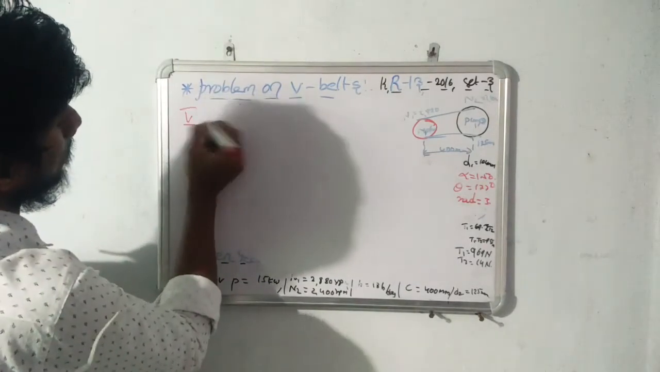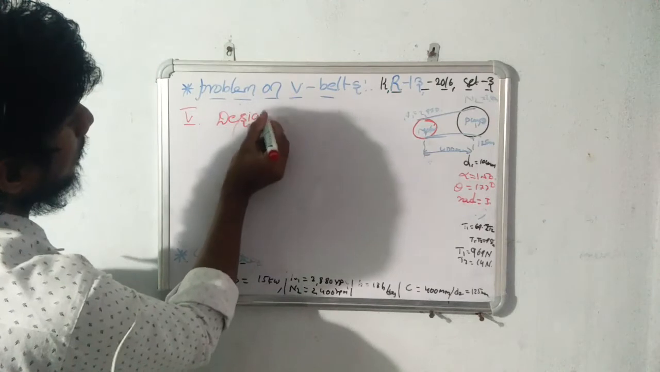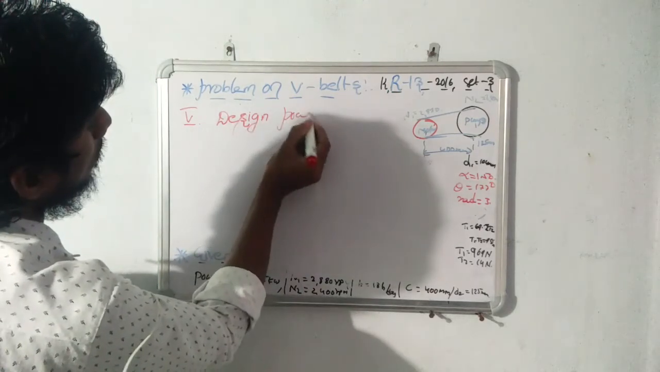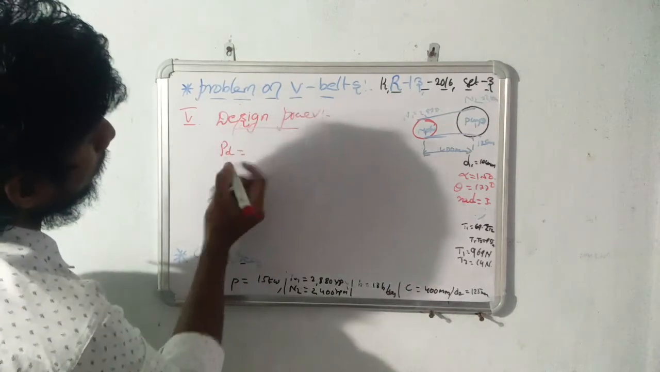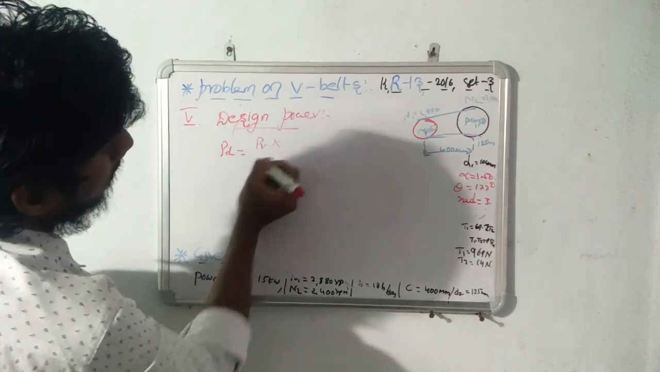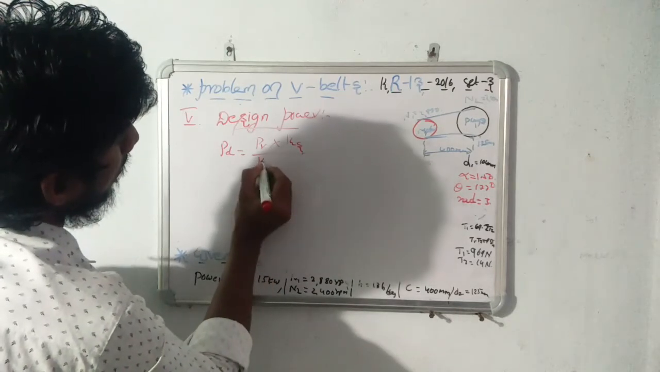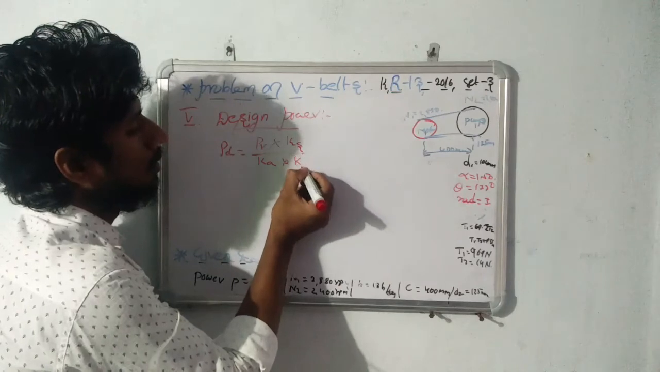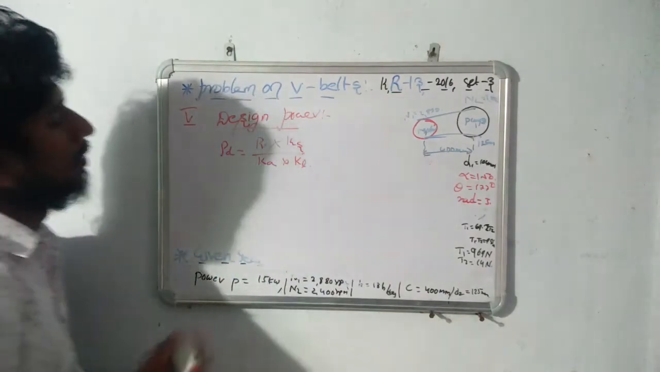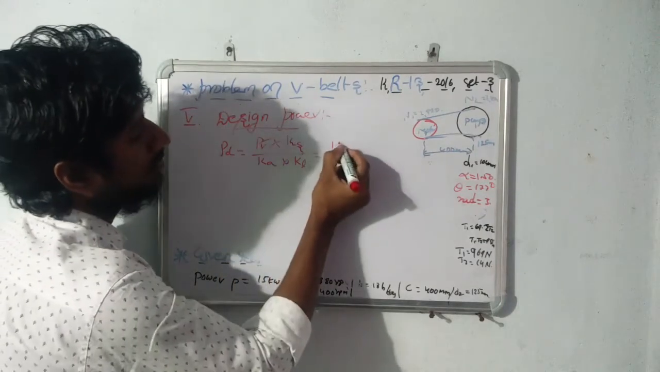This is the fifth step here. Design power: PD equals PR, that is the rated power, into service factor, by arc of contact factor, into KL. So let's see, here the rated power we know is 15